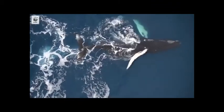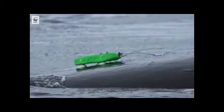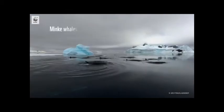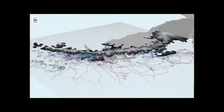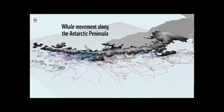But whales were always not considered in that because we didn't have the information. So now with these tags, we have that information. We can tell you where the whales are. We can tell you how deep they're feeding, where they go, and at different times of the year, where the animals are foraging. So we can now say, okay, this is an area where all three of the major krill